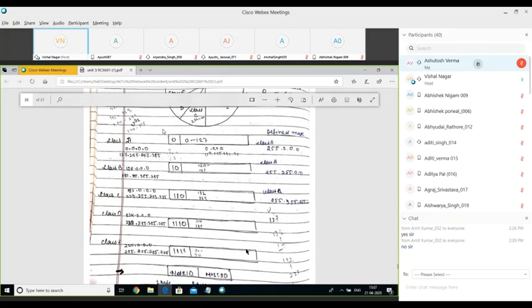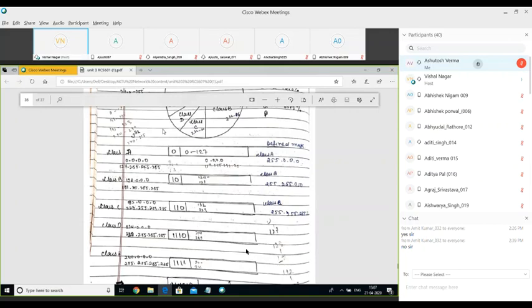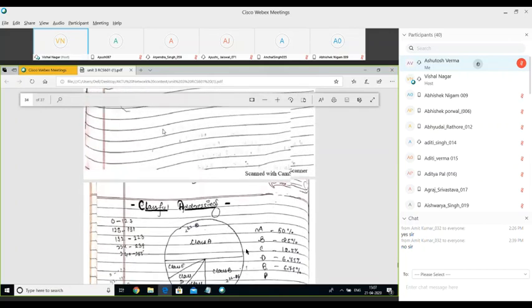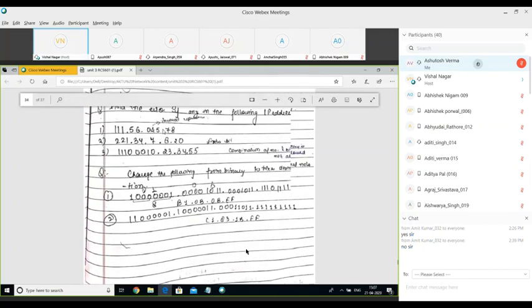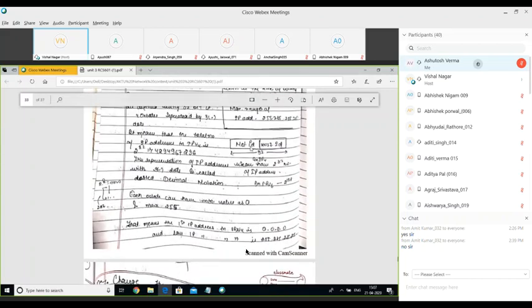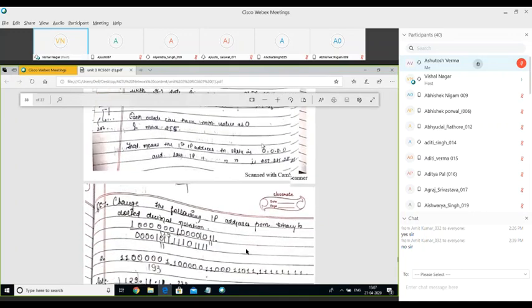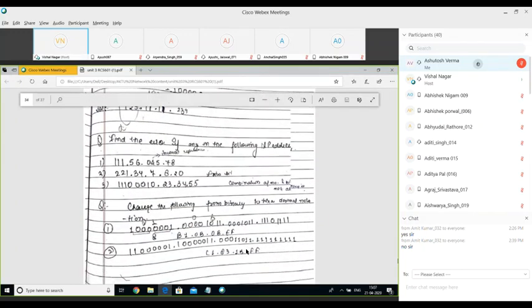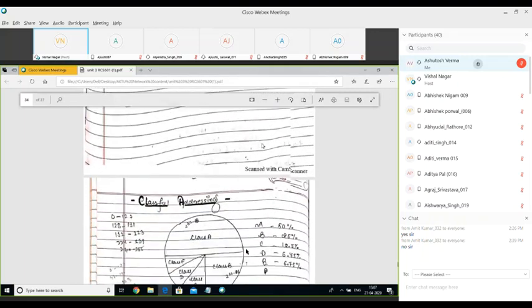So how are the ranges divided? The entire 32-bit IP address is divided into 2 parts: net ID and host ID. Based on this division, we have classified the IP addresses into 5 classes.